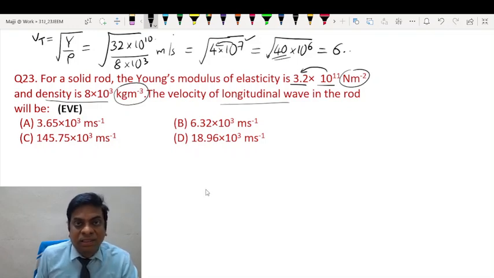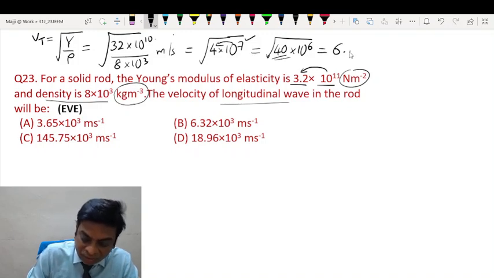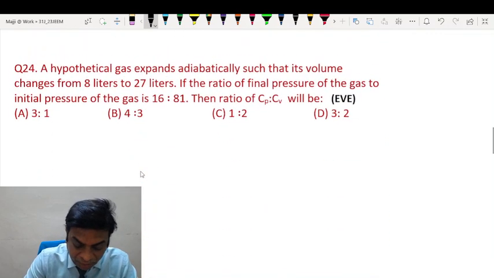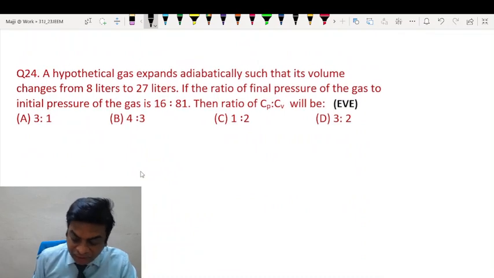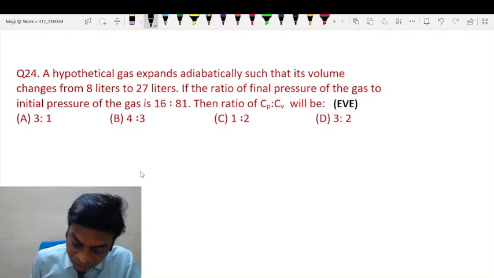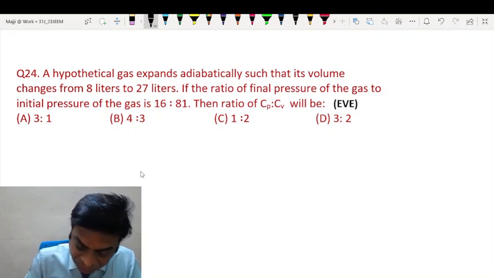The square root of 36 is 6. So the square root is 6 point something into 10 to the power 3 meters per second. So option B is the only option. Moving to the next question. A hypothetical gas expands adiabatically such that its volume changes from 8 liters to 27 liters. If the ratio of the final pressure of the gas to the initial pressure of the gas is this, then the ratio of